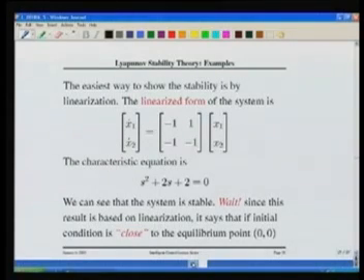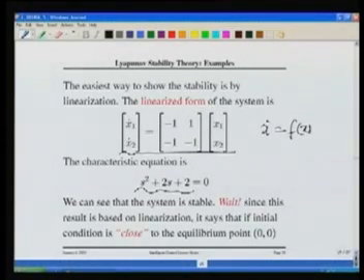That is the question. We go back to the indirect method, linearize the system, and verify that the linearized system of the original x dot equal to f x is minus 1 1 minus 1 minus 1 times x 1 x 2. In this you can see the characteristic polynomial concerning this A matrix is s square plus 2s plus 2 equal to 0, and you can easily see that this particular system has all eigenvalues negative, because s 1 and s 2 are minus 1 plus or minus j 1. So, obviously, the system is stable. The indirect method also gives us the solution that the system is stable around the equilibrium point, but